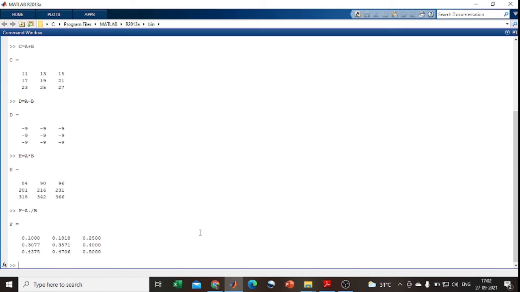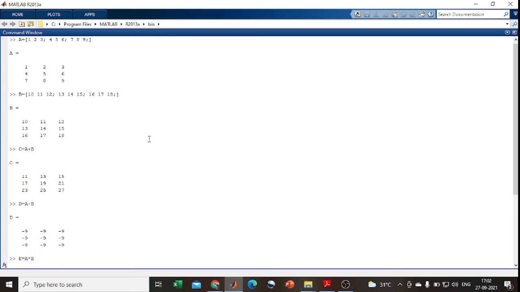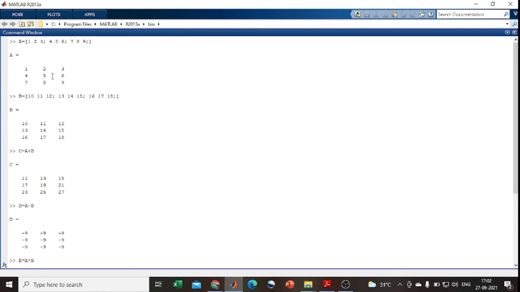After that, how can I select particular values from the available 3 cross 3 matrix, considering the A matrix? In the A matrix the values 1, 2, 3, 4, 5, 6 and 7, 8, 9 are available. Here, how can I choose 4, 5 and 7, 8 as a submatrix from the original matrix?